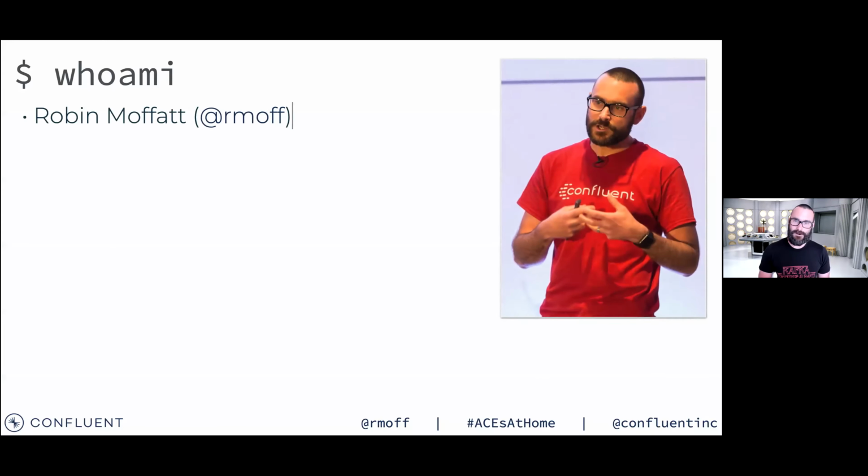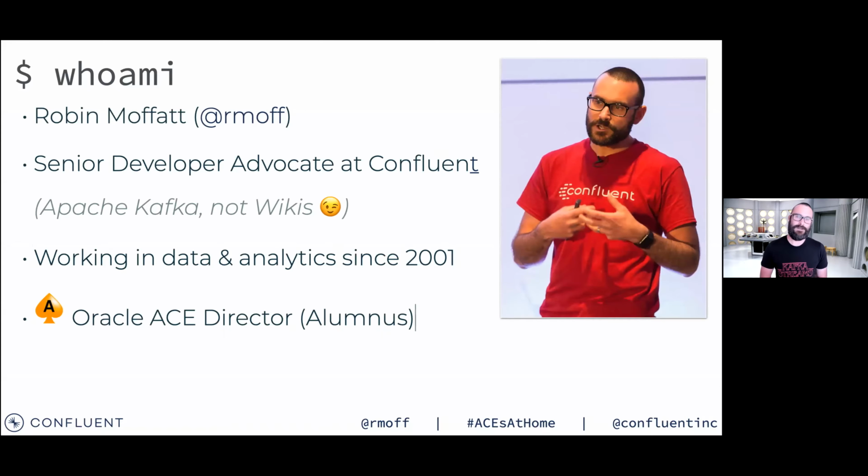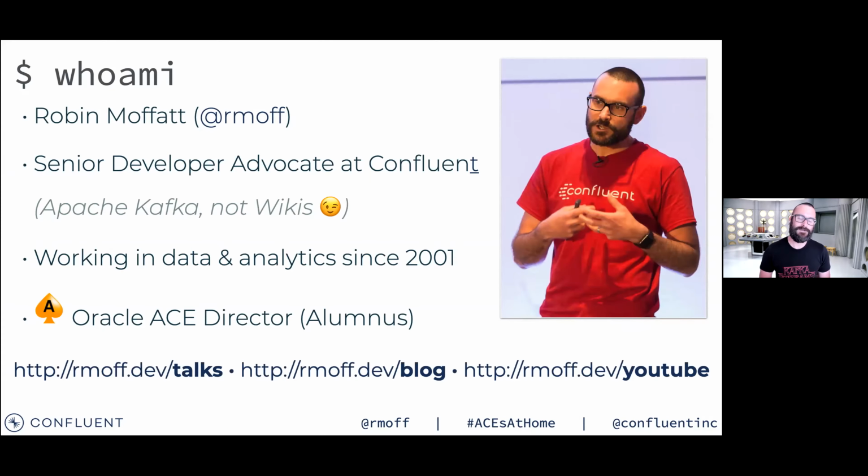My name is Robin Moffat. Some of you, if you've been around the Oracle scene for a while, may recognize my name from some OBIE blogs. I used to work in that space. I now work at Confluent, one of the companies behind the open source Apache Kafka project, who contribute to that and have our own distribution called Confluent Platform. I've worked in data for as long as I've been working professionally, really. I started a long time ago building data warehouses, building analytics platforms, making my way through big data into Kafka, which is where I work today.